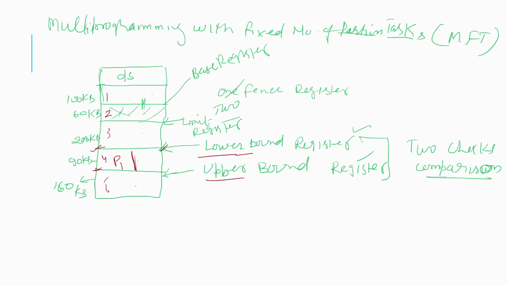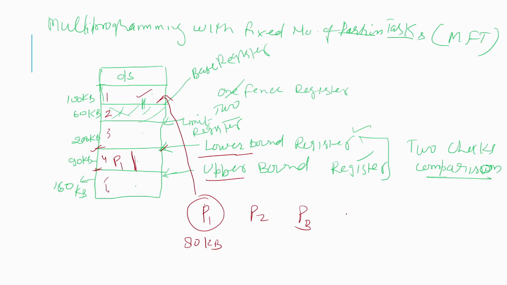So in this way, multiple programs can be run and multiple jobs can be there in the main memory. So this is one implementation that we do. Now the question comes: how to assign the partitions to the different programs? Suppose this is an 80 KB program. We'll start here and select the space, and it is large enough for P1 to be executed in the partition. So like this.